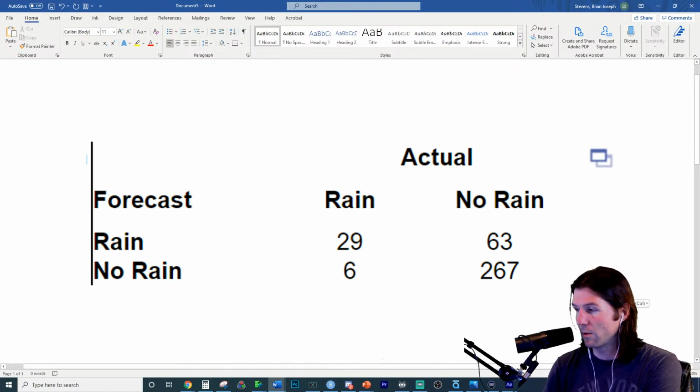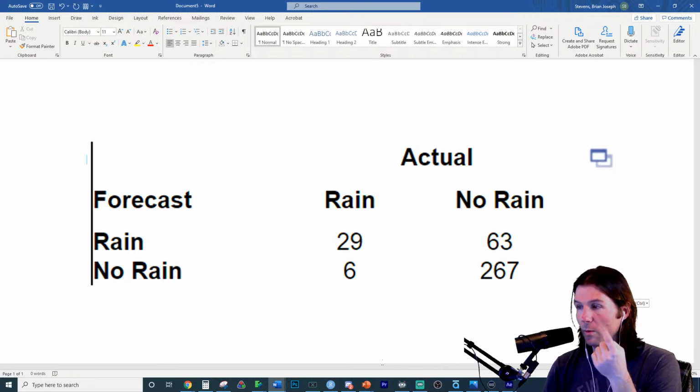Does that make sense right there? There's thing number one. And then you're also going to be outside and you're going to see if it rains or doesn't rain. So you will,